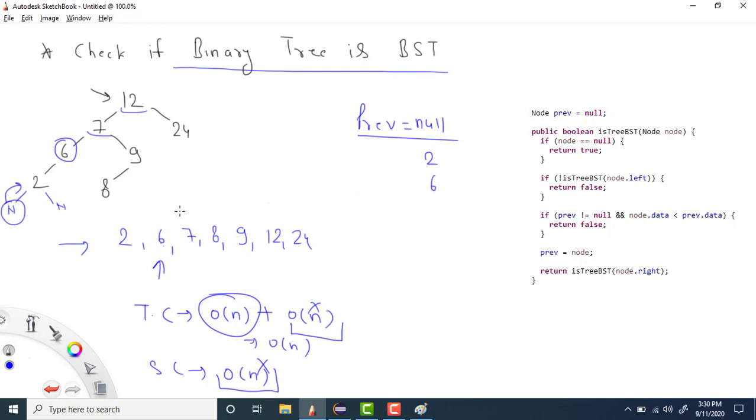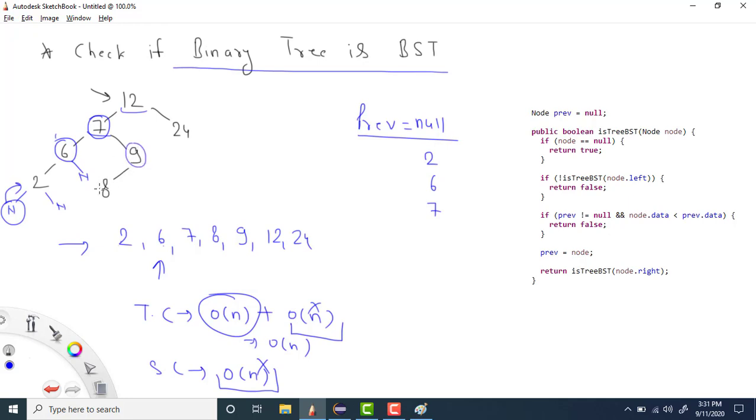So my previous will be this one, and because here it is null, again it will go back. Now my node will be 7. Again I will check, and my previous is 6, so I check whether this value is greater than this one. It is greater, so we are fine. Then I assign the previous to 7. Now my node is 9.